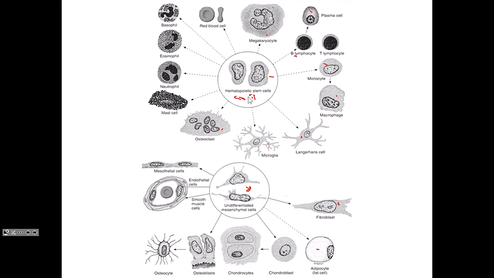Chondrocytes and chondroblasts are cellular components of cartilage. Osteoblasts and osteocytes are cellular components of bone. We also have smooth muscle, which surrounds blood vessels, and the endothelial cells that line the blood vessels. And mesothelial cells are a type of epithelial cell that lines many of the internal cavities, like the abdominal cavity,